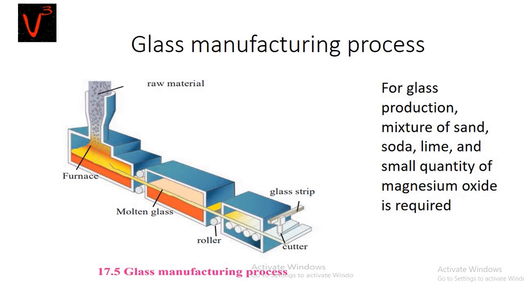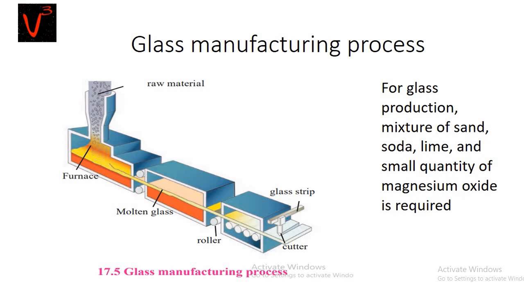Sand, that is silicon dioxide, melts at 1700 degrees Celsius. So as to melt the mixture at a lower temperature, pieces of discarded glass are added to it. Due to this, the mixture melts at 850 degrees Celsius. Once all the ingredients of the mixture are liquefied, it is heated up to 1500 degrees Celsius and immediately cooled. Due to sudden cooling, the mixture becomes homogeneous, amorphous and transparent instead of crystalline. In this way, the glass is formed.